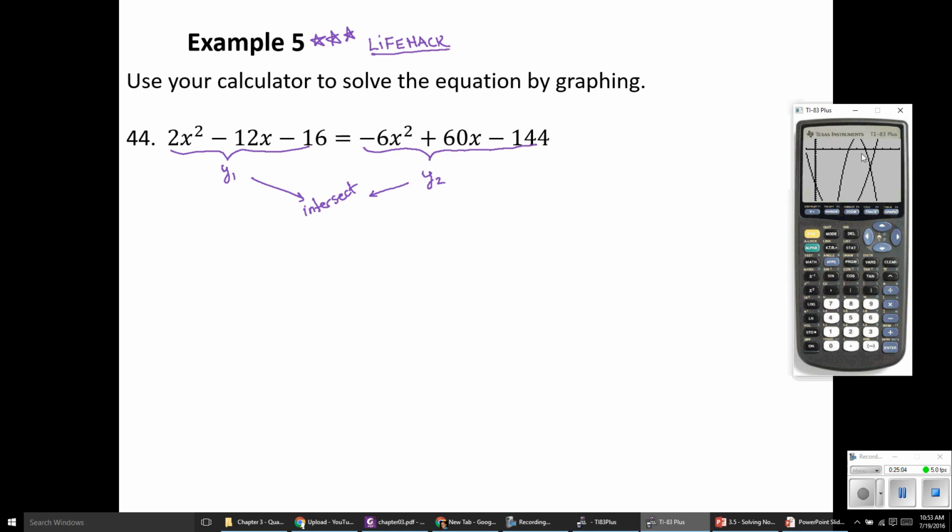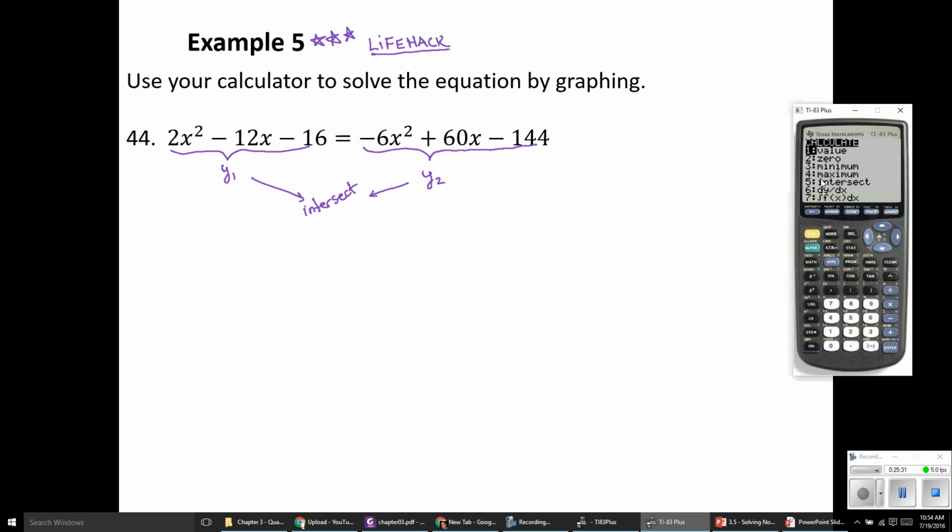But now let's see what our graph looks like. We still can't see both intersections. It certainly looks a lot clearer when we see one intersection but not the other. So let's go back into our window. We need our y minimum to go much lower. Let's go negative 40. And there we can see both intersections. It is just a matter of guess and check, but we want to see any intersection points on the screen for us.